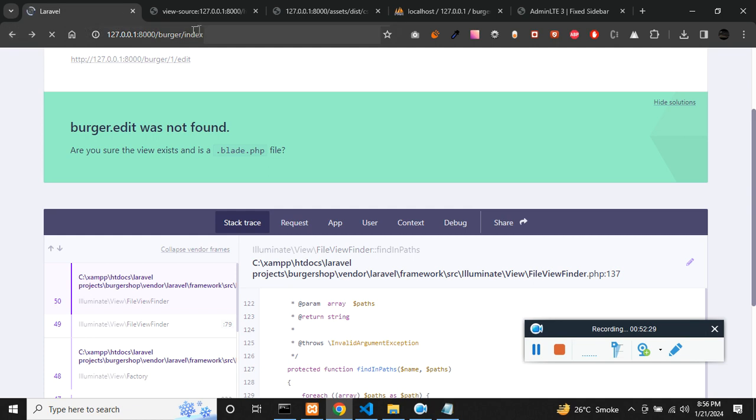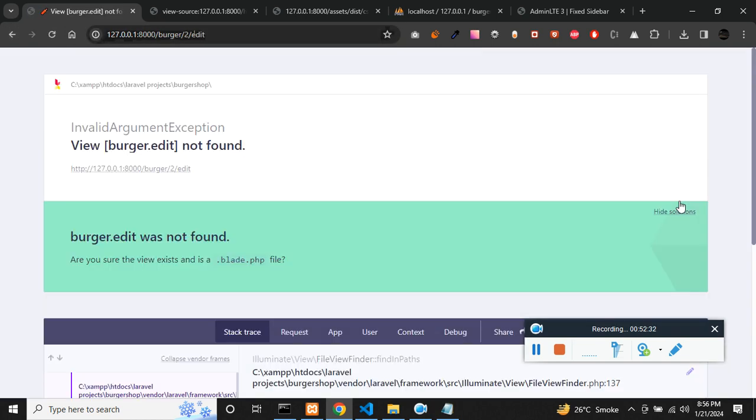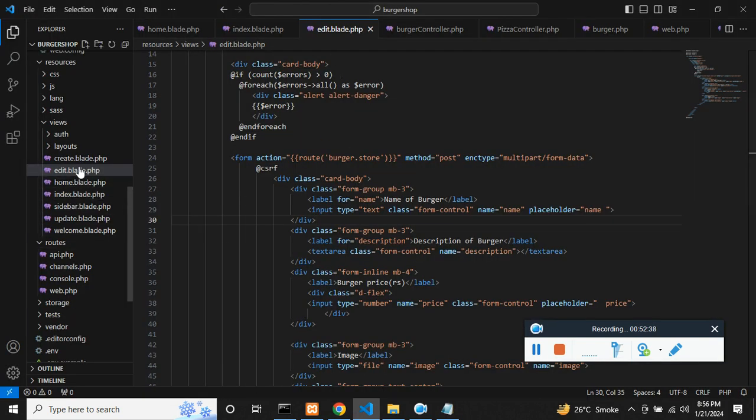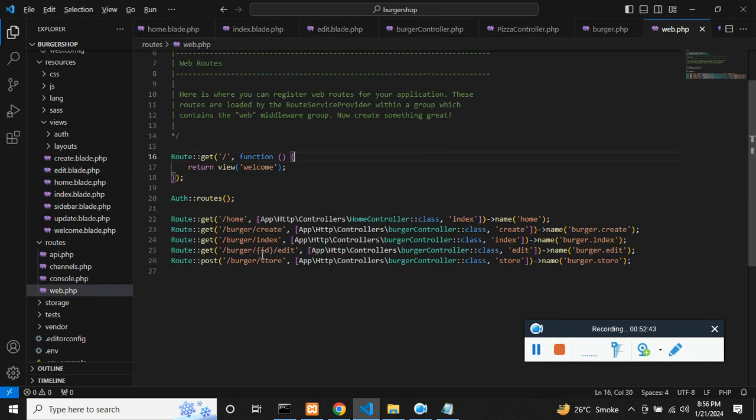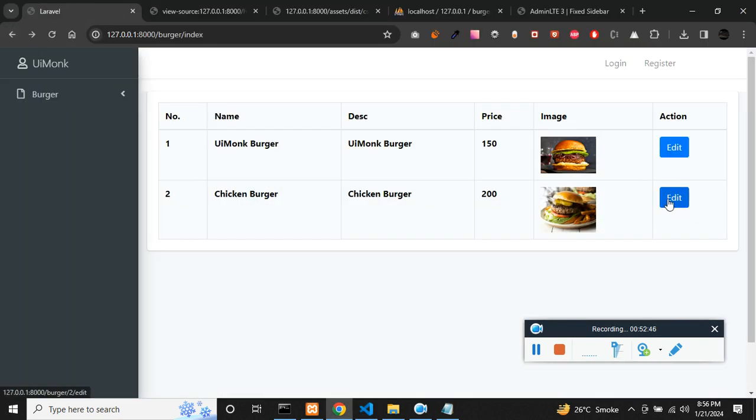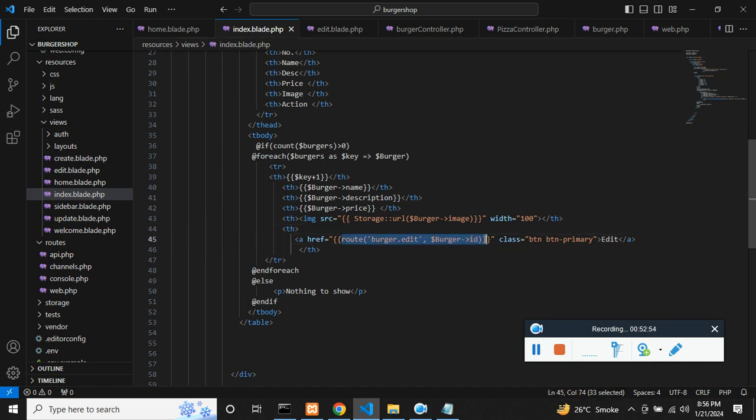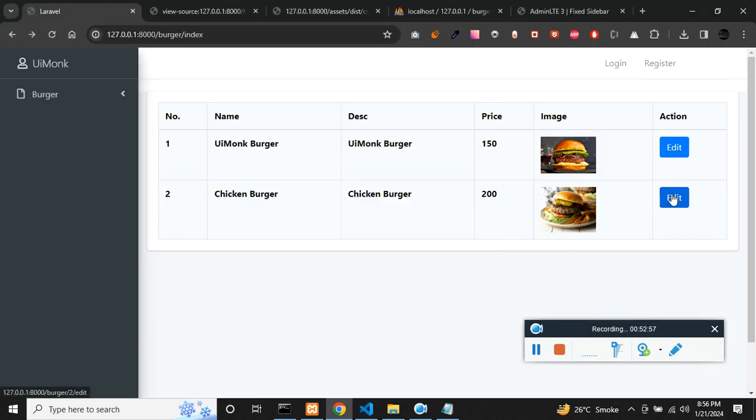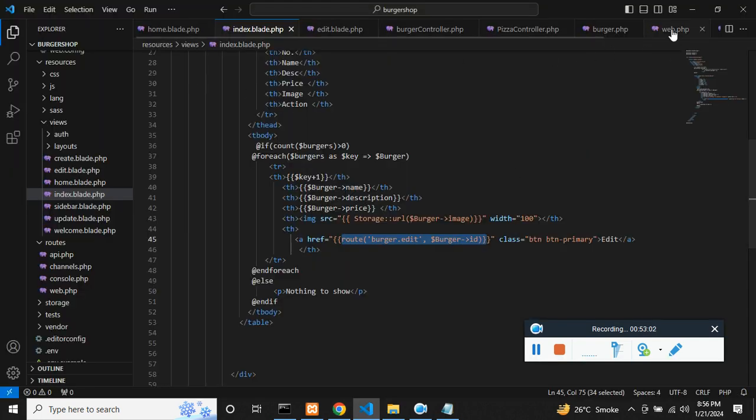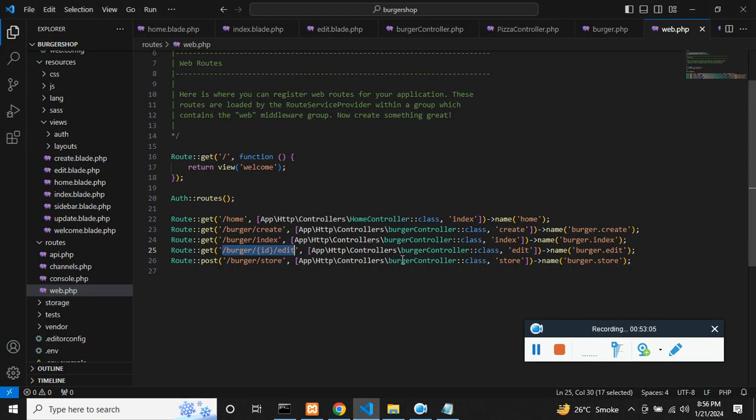And now if I click on edit, in the web.php, when I hover over it, you will see in the index route edit we get the ID. So it will have an ID called 2. So when I click it, it will go to the route. So we have the ID, then the edit function of burger,